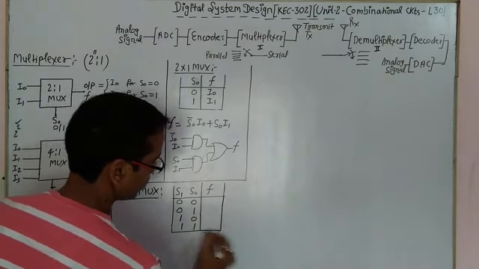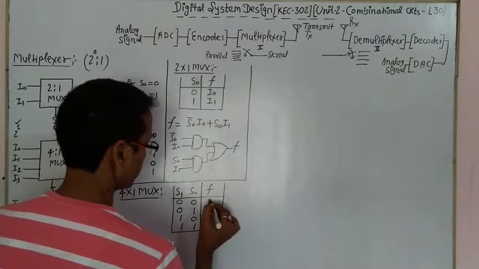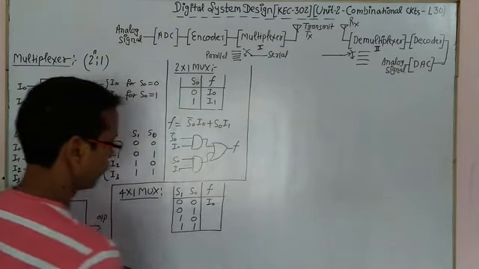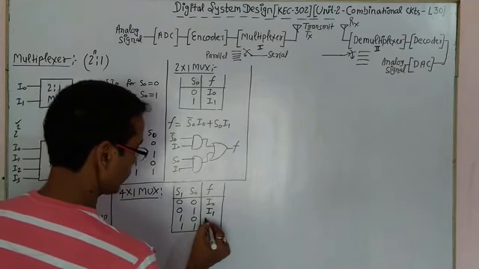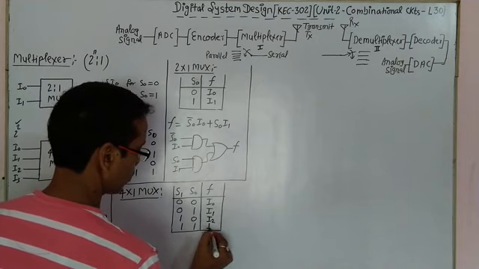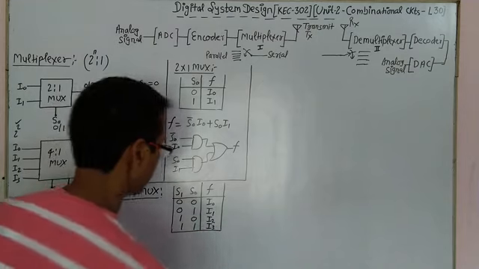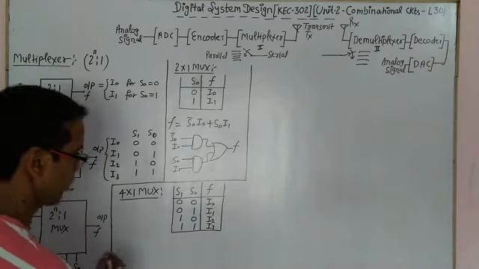If we choose 0 0, the output will be I0. If we choose 0 1, the output will be I1. For 1 0, the output will be I2, and for 1 1, the output will be I3. So this is the truth table for 4x1, and the function will be